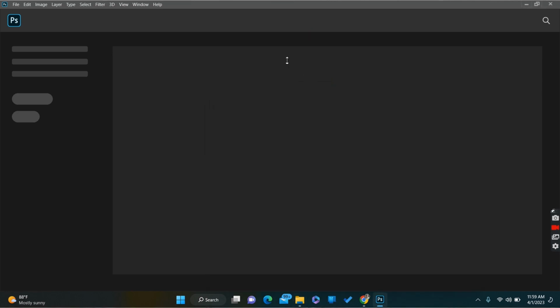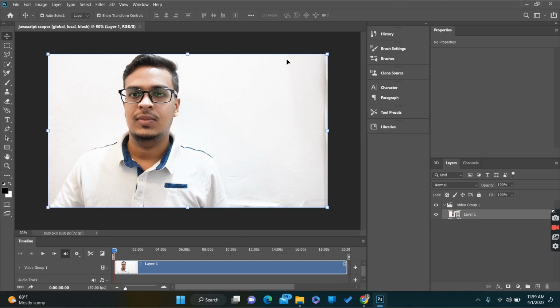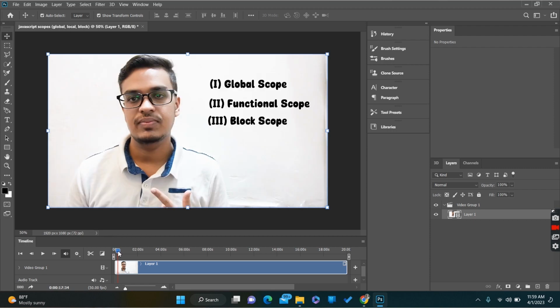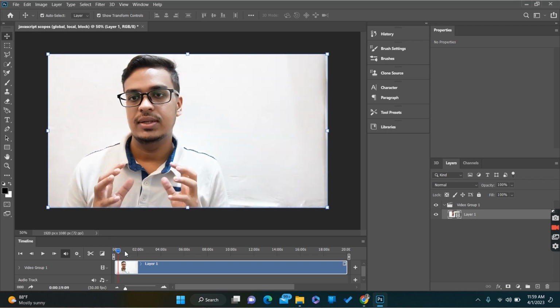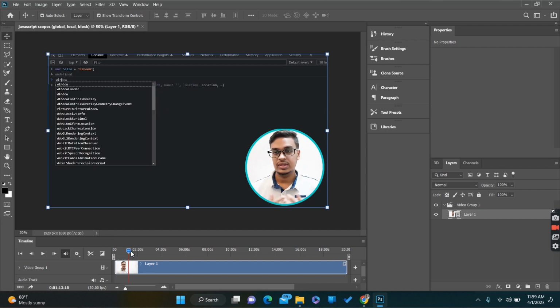So let me open and copy it to Photoshop. Once you drag and move it to a Photoshop file, it will show like this. Here you can see the timeline, so you can drag it and pick a good one. So this is how you need to drag it. This is how I am dragging this one. So you need to pick a good poster